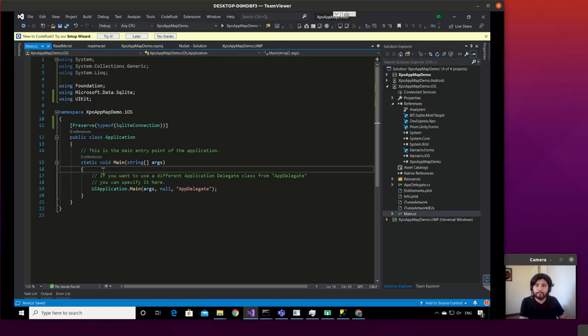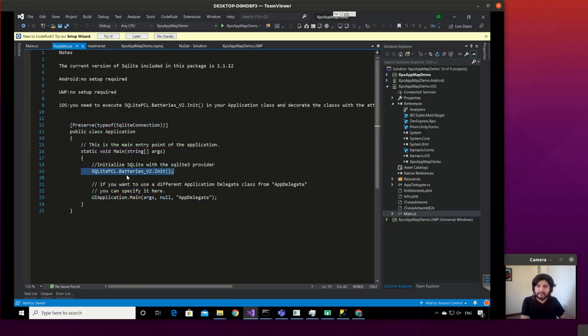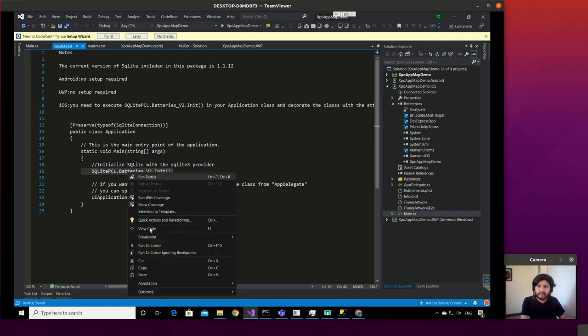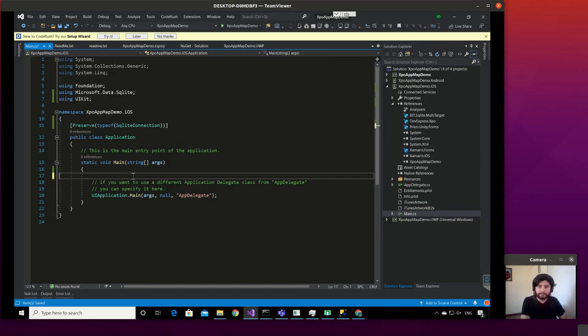And that's all the setup for iOS. Just two lines. So I'm going to copy this and put this here. And it's not copying, so